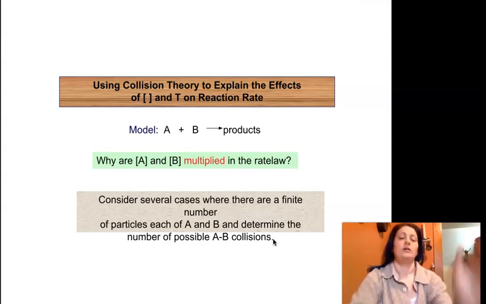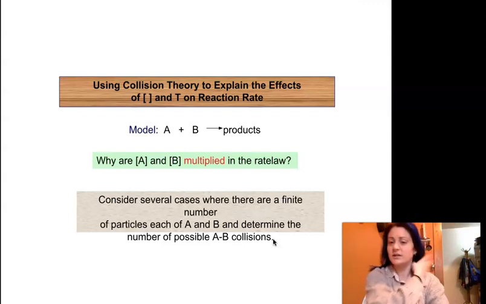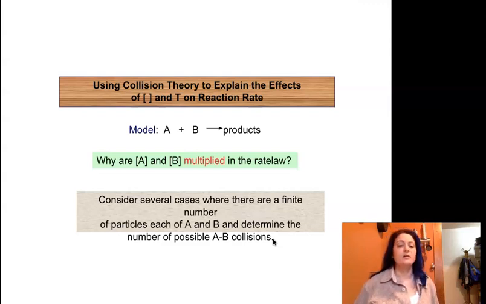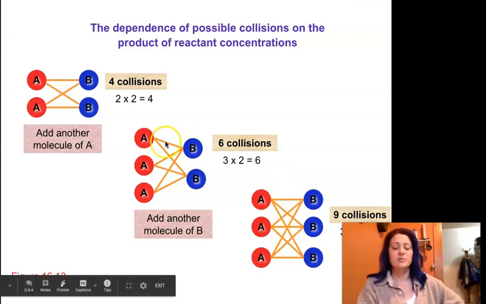Now we're going to take a step back from the math, and we're going to look at what's happening at a molecular level here, and looking at collision theory. So remember that when we're looking at collisions, you have to think about the probability of one molecule hitting another. And this is actually represented in the rate law. This is why the concentration terms are multiplied and not added together. Because when you think about probability, you have to think about all the possible combinations. So let's say, for example, you have